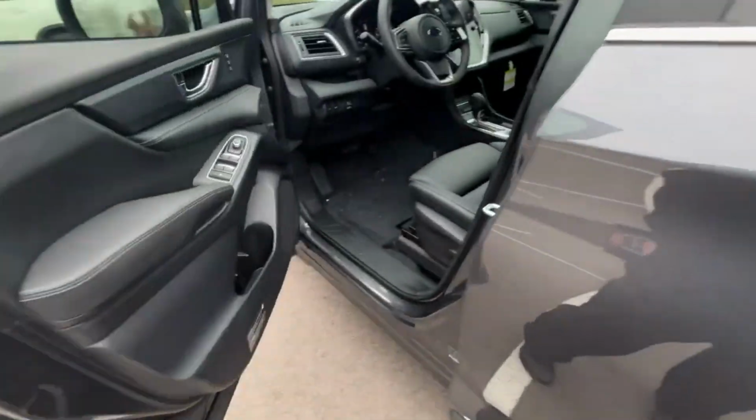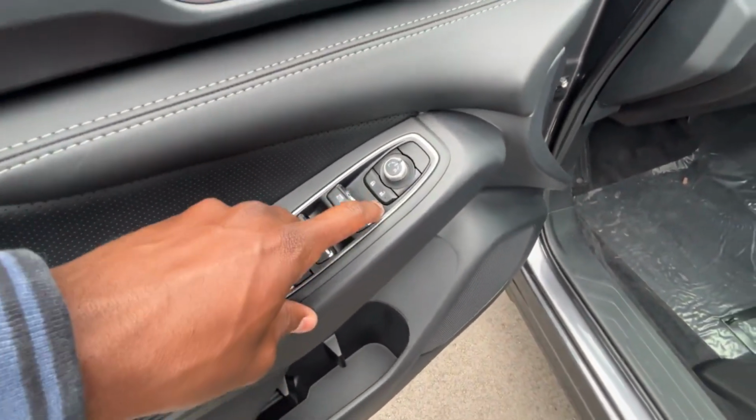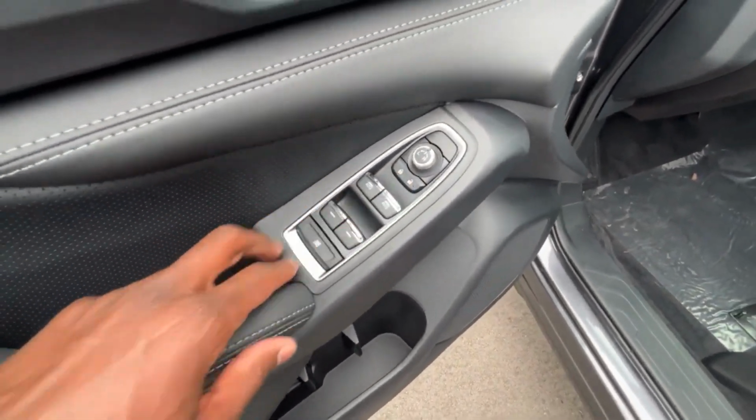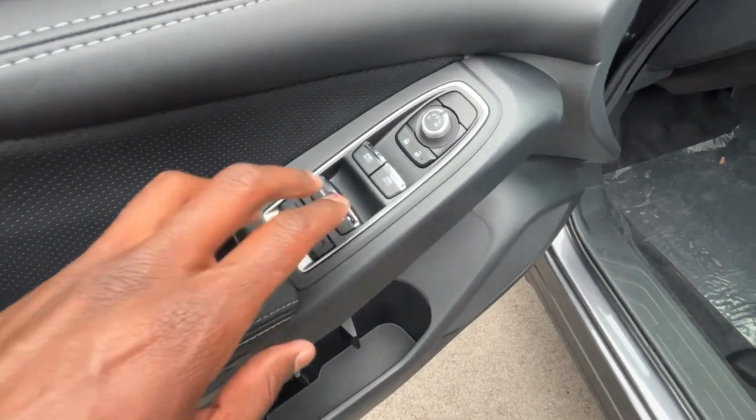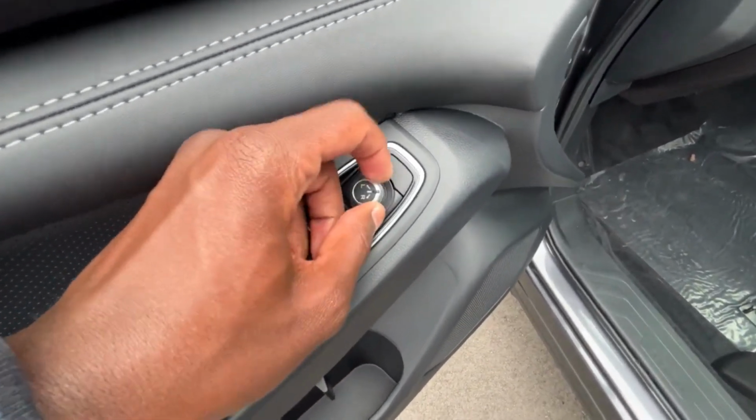Now we get passive keyless entry on the front. Memory seat functions are here. We get one-touch automatic up and down windows for the front, and then power windows for the back. Our rear window lock is there. Power door lock controls here, and then for the power mirrors, you just turn it to either side, and then you can adjust the knob